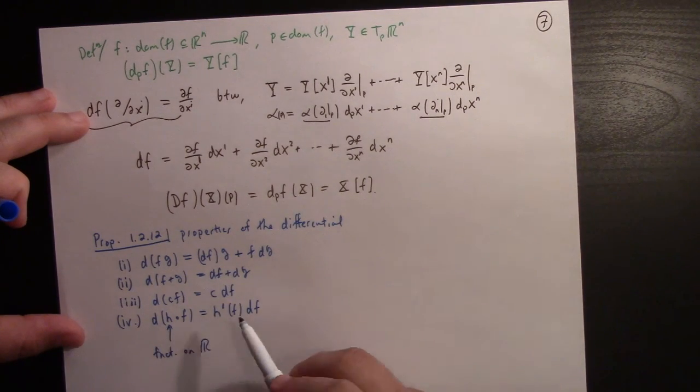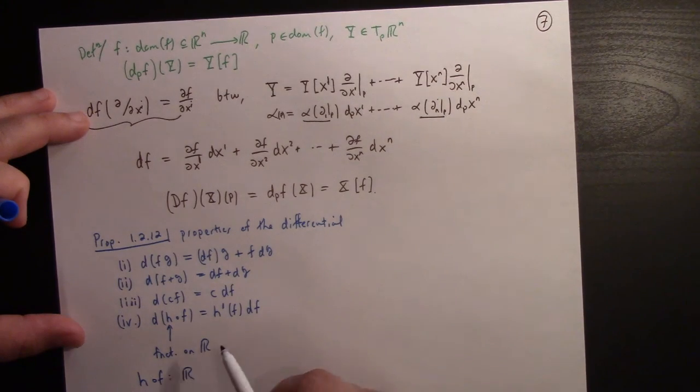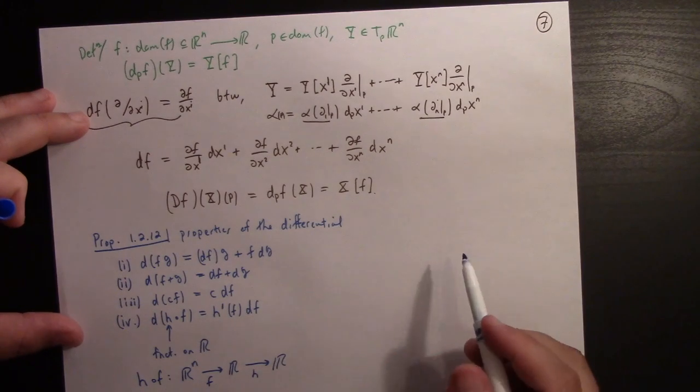Okay, so h composed with f is something like you go from Rn to R again. So this would be f, this would be h. Great. All right. So I'm going to prove 4,